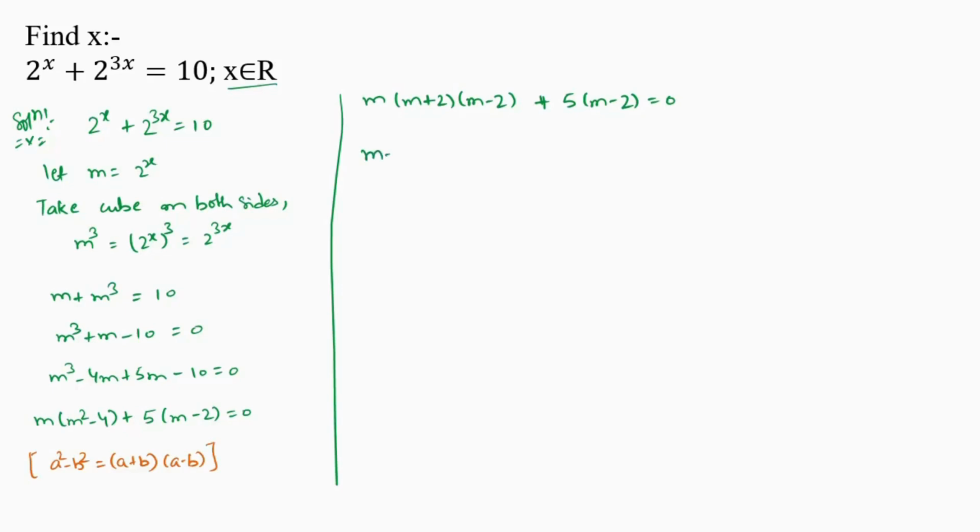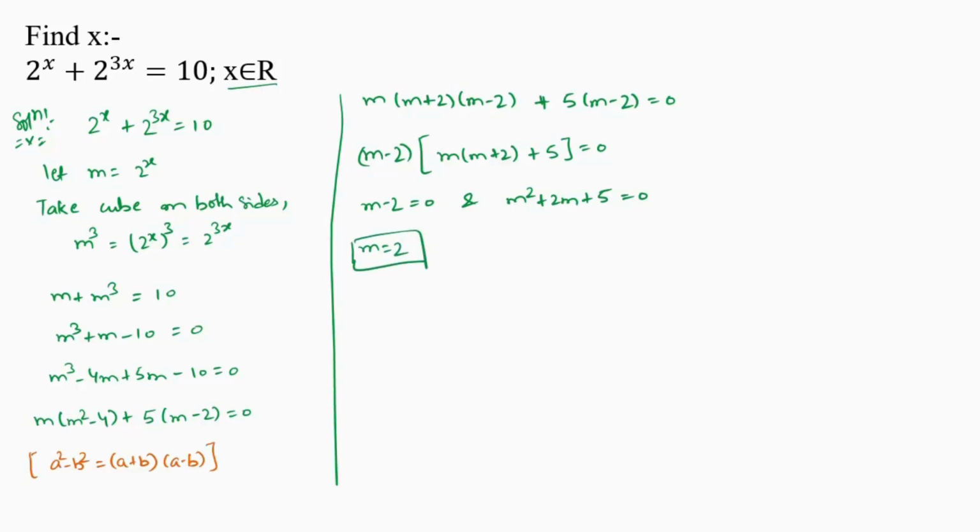Now take m minus 2 common. We get m minus 2 times m times m plus 2 plus 5 equal to 0. So this will become m minus 2 equals 0 and m square plus 2m plus 5 equals 0. From here we get m equals 2,